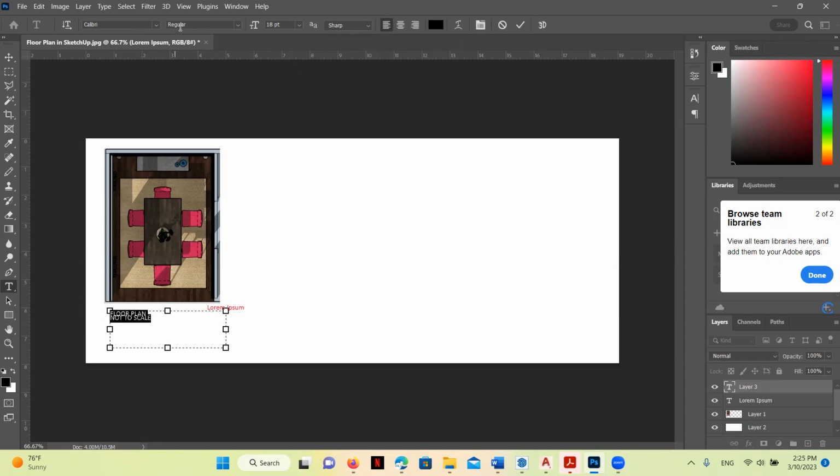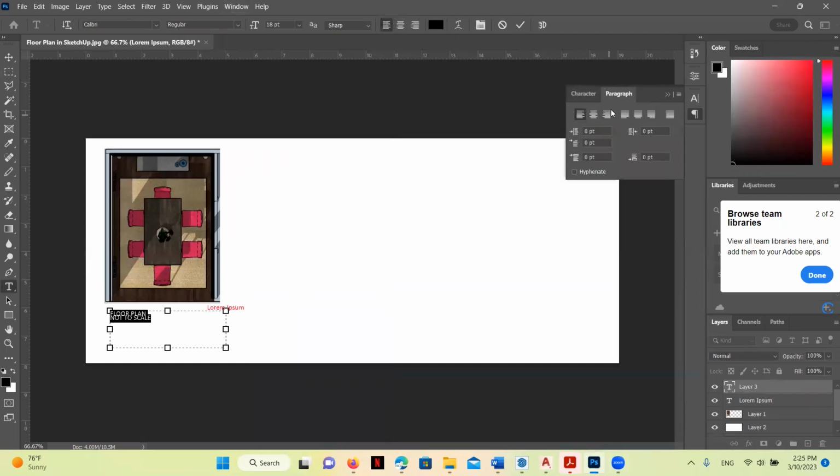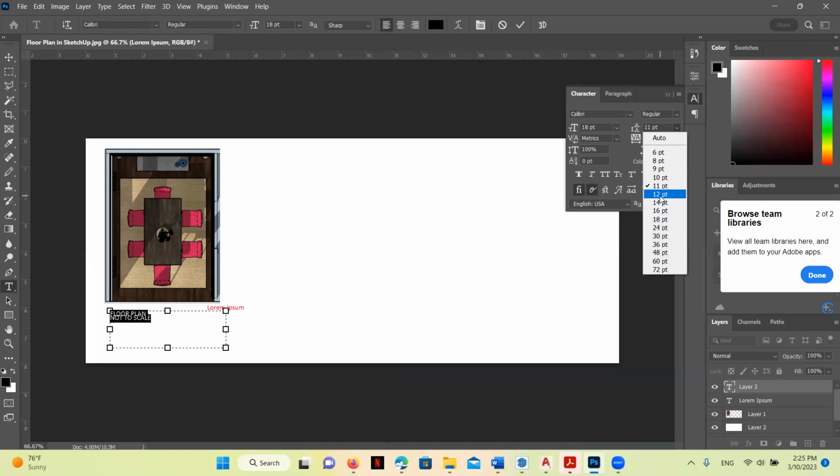I'm going to select this text and bring in the paragraph character panel, and I'm just going to increase the spacing between the text just a little bit. This is some high-level Photoshop stuff, but it's good for us to learn it now. This means that the spacing between the text lines is going to be 16 point.